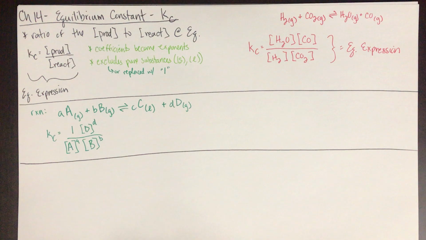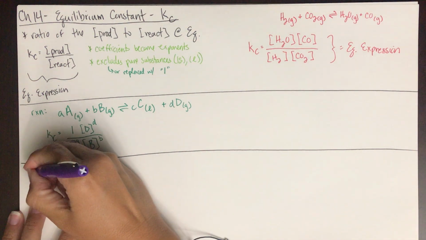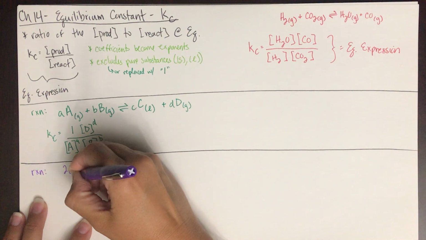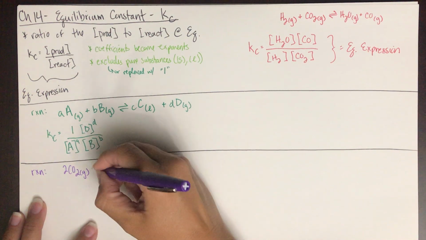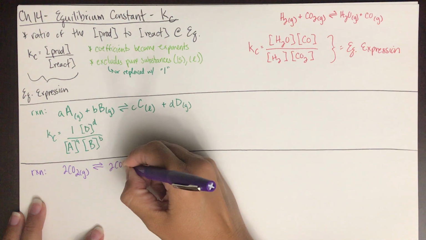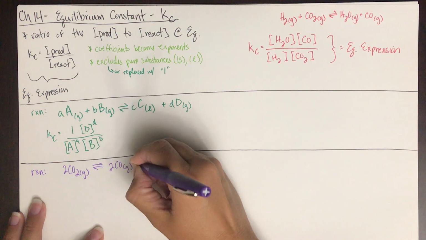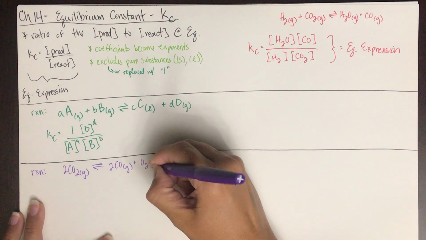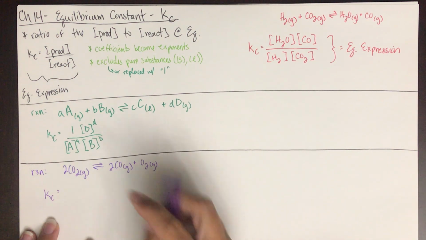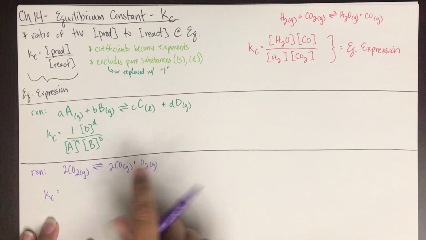Let's say I had this reaction. Let's say I have a reaction and it is 2 moles of carbon dioxide gas in equilibrium with 2 moles of carbon monoxide gas plus oxygen gas. So if I asked you to write the Kc of this, you would say Kc equals the concentration of the